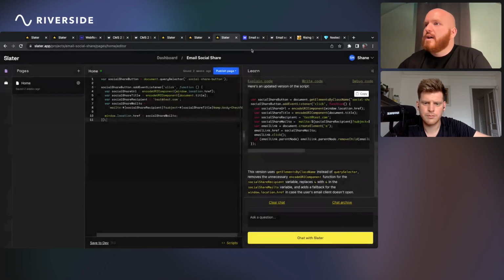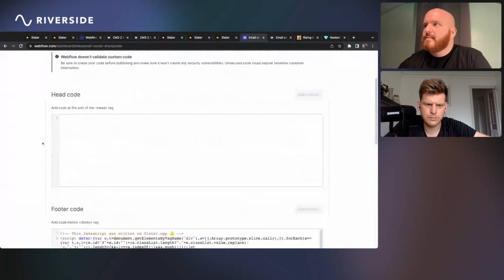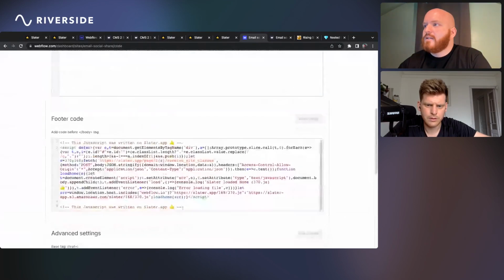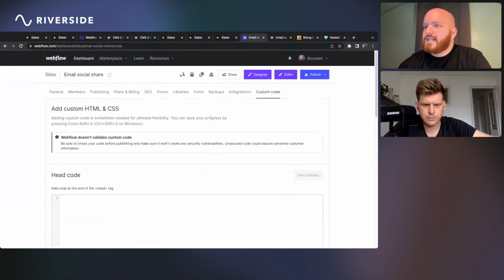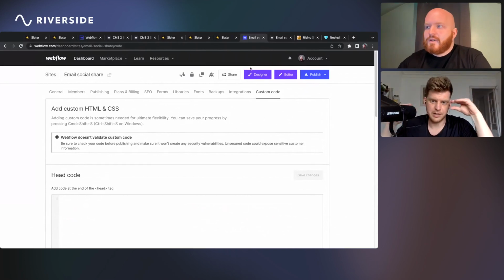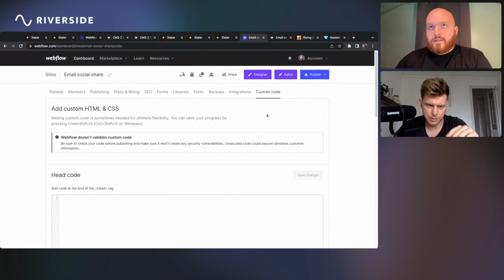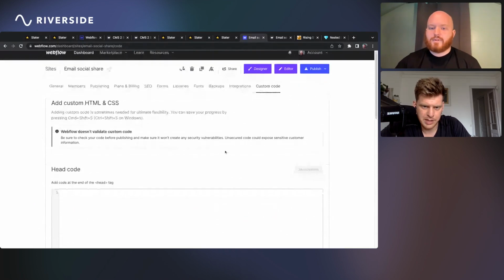And actually, what I did with this project is I did use the global script here. So over in Webflow here, on the global footer, we're connecting the whole project. Just for anyone that's watching who's like, wait, what's happening? Essentially, for Slater to be connected to your project, you need to get the global script and put it in the custom code section of your website, or in the footer section on the actual project.